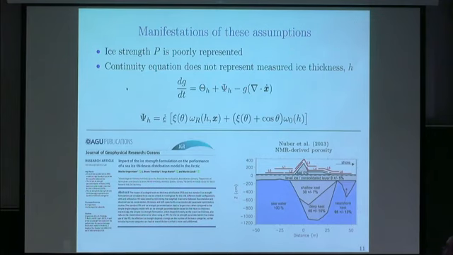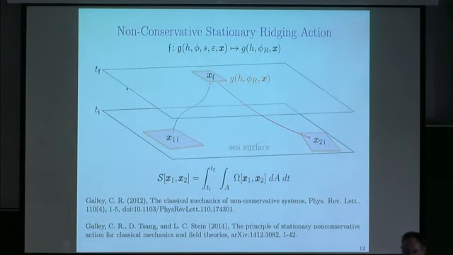And so this means also that our redistribution function, which is related to this ridging mode, has also got problems. There is another way to do this. Chad Galley at Jet Propulsion Laboratory has published 2 really nice papers. This one in Physical Review Letters in 2012. It got quite a write-up of the classical mechanics of non-conservative systems, and he came up with a stationary principle